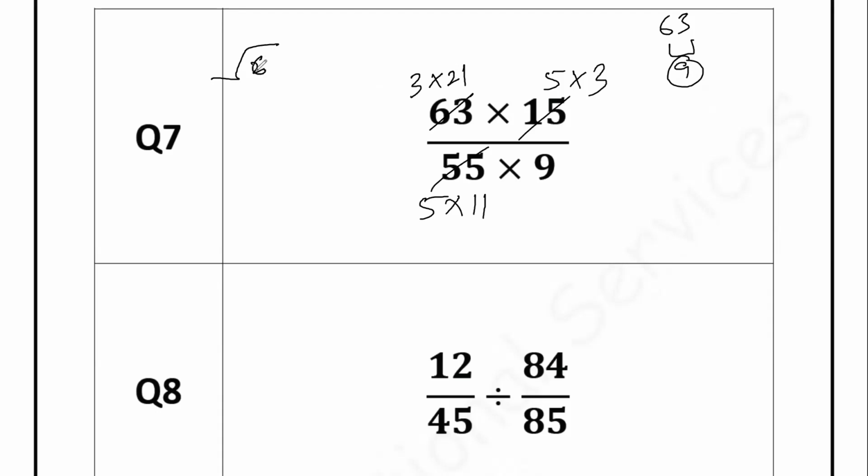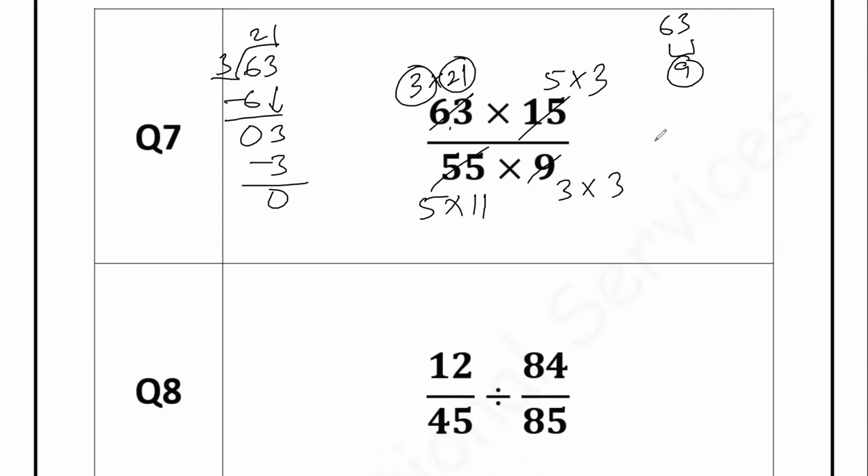So we work it out this way. 3 2s are 6. 0, bring down 3. 3 1s are 3. And that's how we got it. 3 times 21 for 63. Okay. And this is 3 times 3. And then simplify it. 3 times 21 times 5 times 3, whole thing over 5 times 11 times 3 times